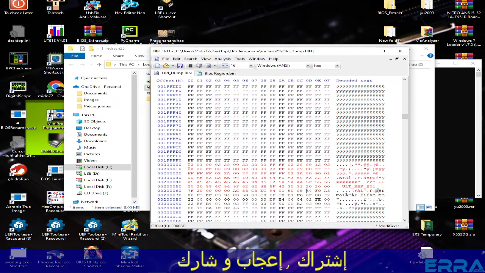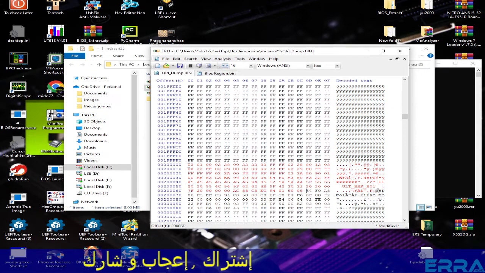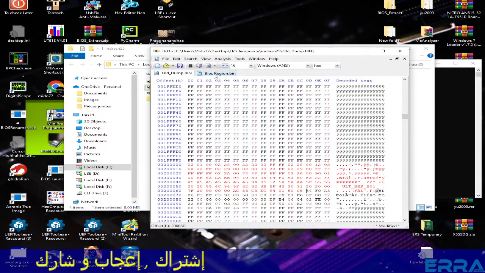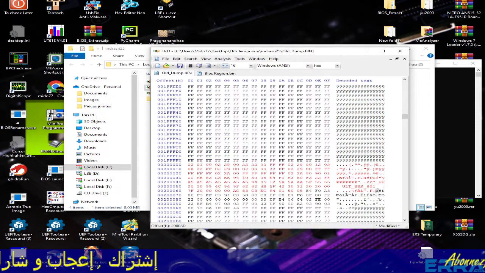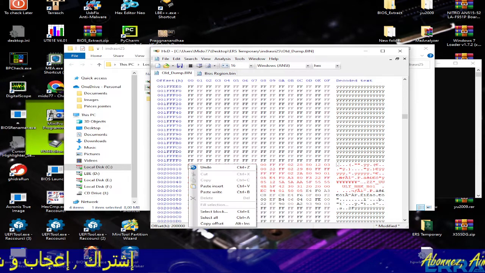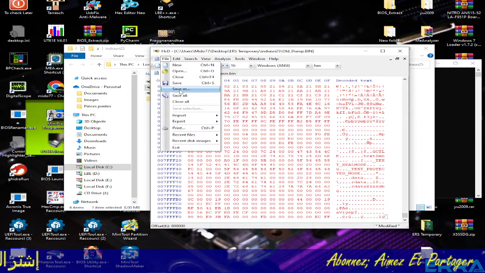which were copied before, which we use as a keyword for searching for the beginning of the BIOS region. So we copy the whole block, the whole BIOS region, and we do right click here in the beginning of the BIOS region. We paste to write the whole BIOS region,